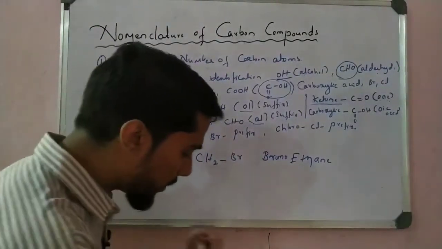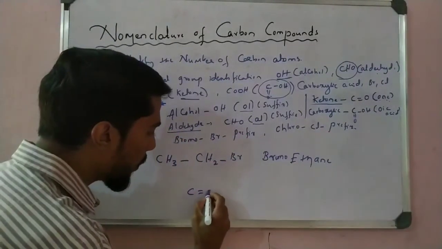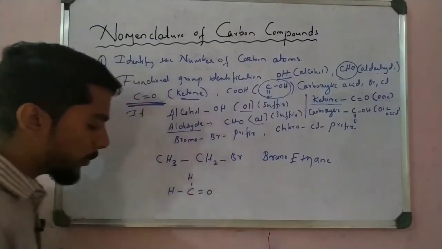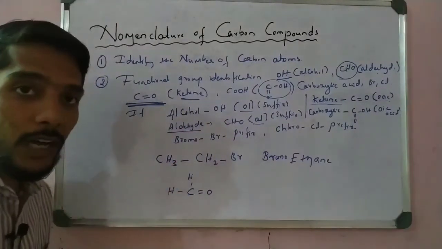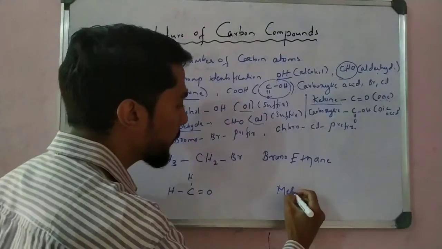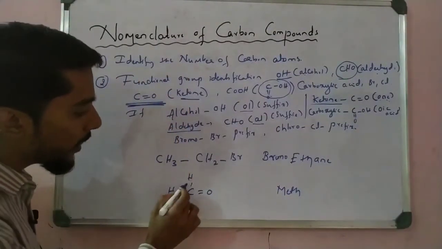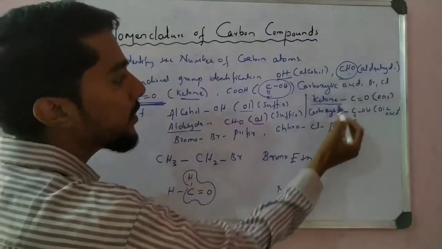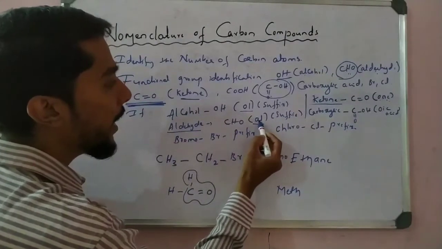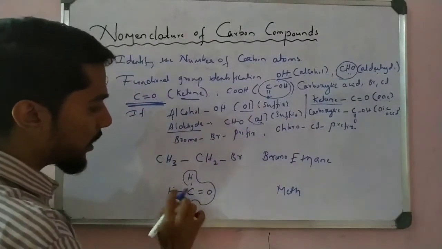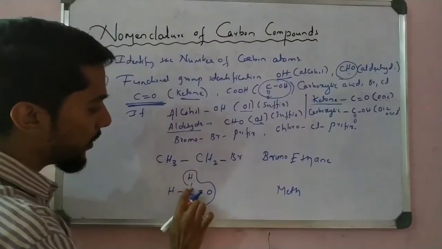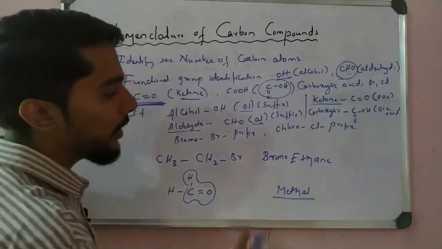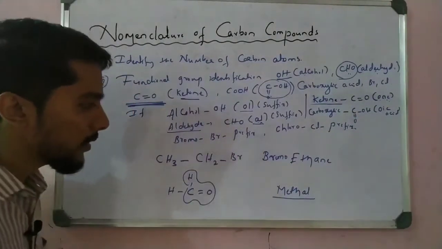I can take another example. See here, C double bond O, H and H. Simple. Only 1 carbon is present. 1 carbon means Meth. Now what is the functional group here? The functional group is CHO, which is aldehyde. Aldehyde means the suffix AL. Okay, I remove the E. A single bond is there, so we take methanal. AL is for aldehyde, right? This is the answer. Simple one, right?